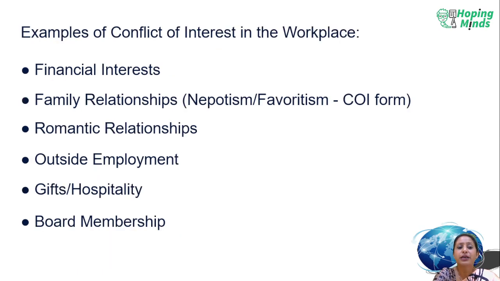Now, a quick look at examples of conflict of interest in the workplace. Financial interest. I need not detail that. We already know what monetary benefits we can get. Family relationships. Again, the factor of nepotism or favoritism comes into play, which we've already done. Romantic relationships, because we please a loved one in any kind of situation. Why? Because we are seeking some kind of a favor, or some kind of appreciation or